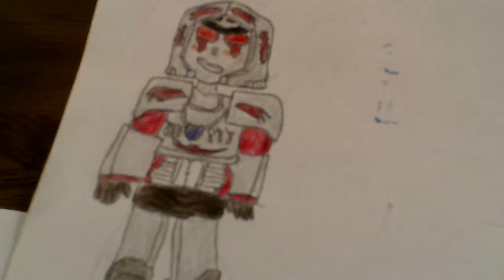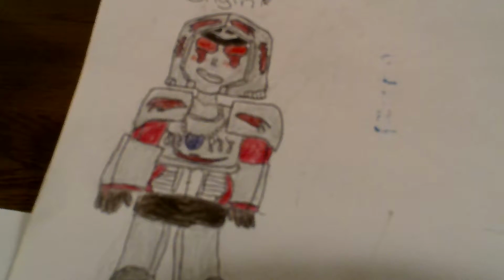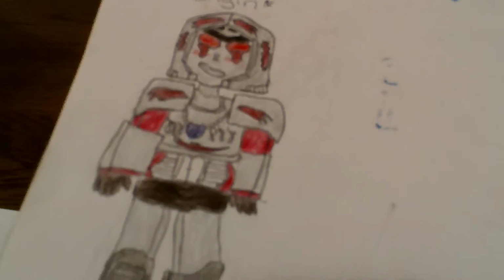So in this picture we're doing right now, we're going to figure out what his face should look like. Anyway, depending on what's going on in the picture, like here he's just posing, so we don't have to think about that. Or like, if I have another, or like here,